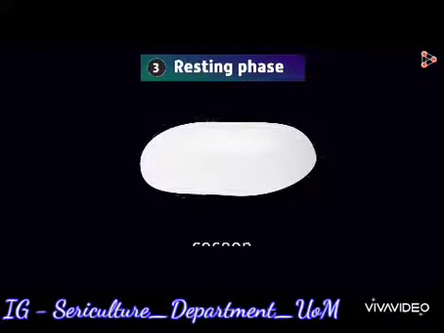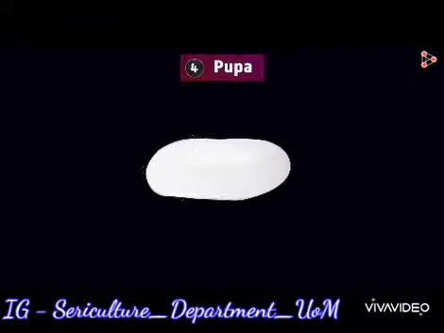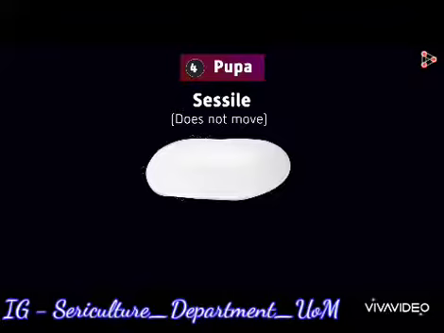This coat is called the cocoon. Did you know that this cocoon is what is of great interest to us? Because it is this structure that will give us the silk threads after we process it. Once the cocoon is formed, the larva inside it starts resting and enters the next stage of its life cycle called the pupa stage. The pupa stage is where the organism is sessile, which means it does not usually move